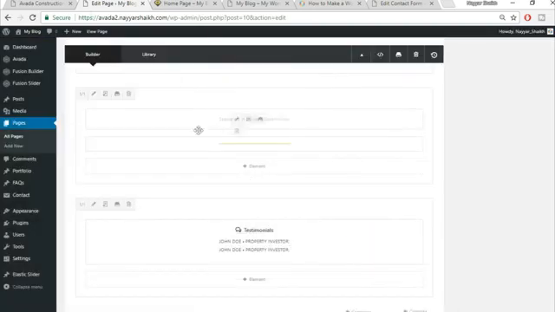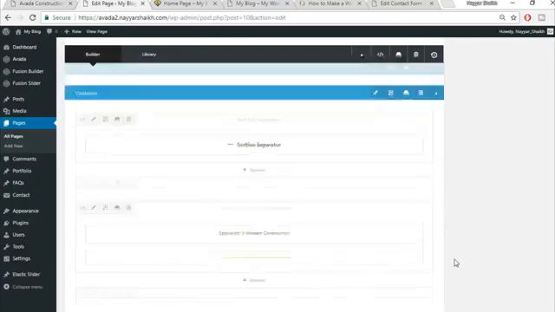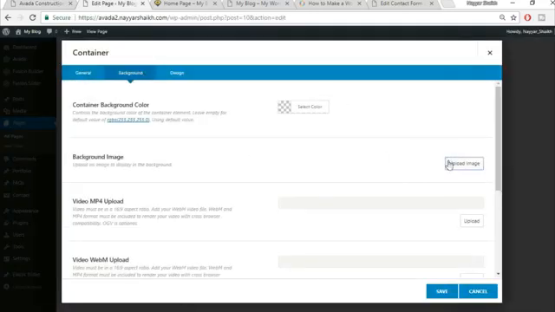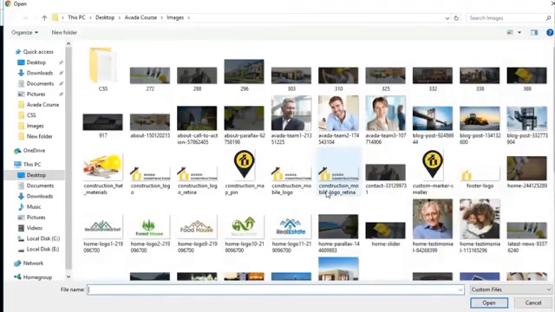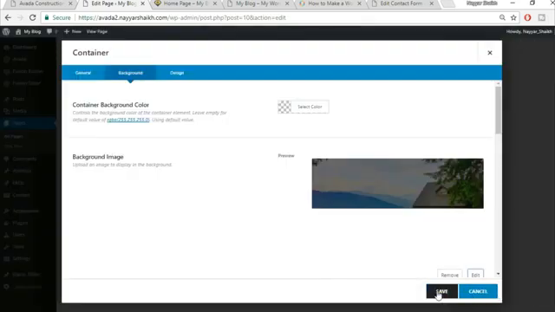Now click on save, and now let's add this background color over here, this background image. If you see over here, okay, so select this container setting, background image. Let's search for that image. Okay, this is the one. Click on open. Insert into page, save,